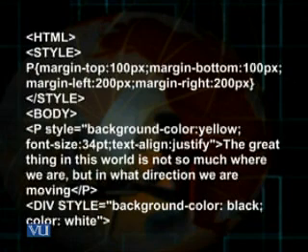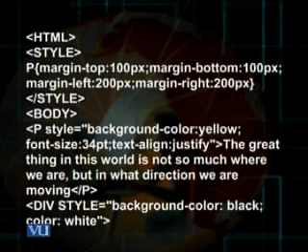and therefore we have just seen that because in the style definition we had kept the left margin 200 pixels and right margin 200 pixels, a margin of 200 pixels from the left edge of the browser window would be kept for writing this content, and then the margin of 200 pixels would also be created from the right edge of the browser window, because we have used the margin property, margin right 200 pixels.